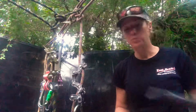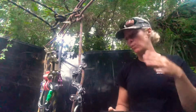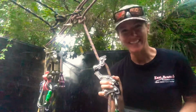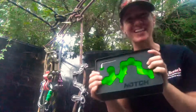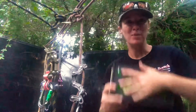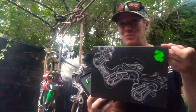I got the Rope Runner Pro about a week ago. I have not had a decent day of weather to try it out, and you know how you are with new gear, you just don't want to get it dirty. So, loving the box. This is awesome. I mean, if it could be pink, but I'll take the green. Green's my favorite color actually. So, really impressed with the packaging. I mean, come on, this is super cool. I'm gonna keep it forever. The tin,